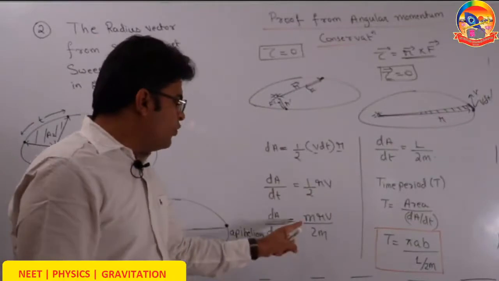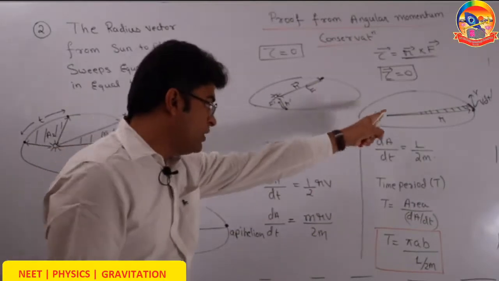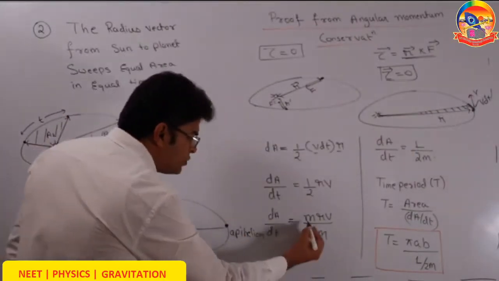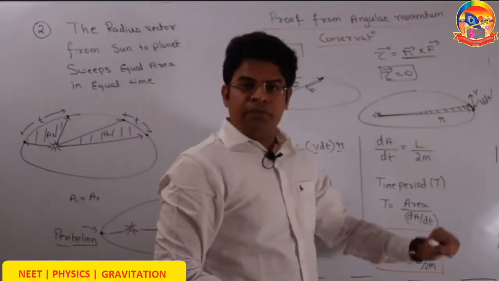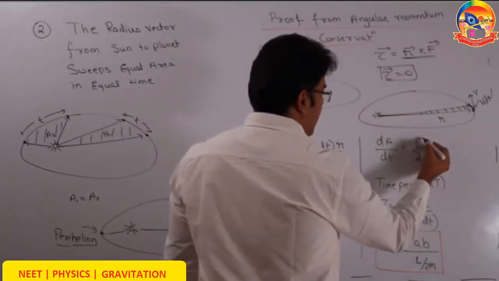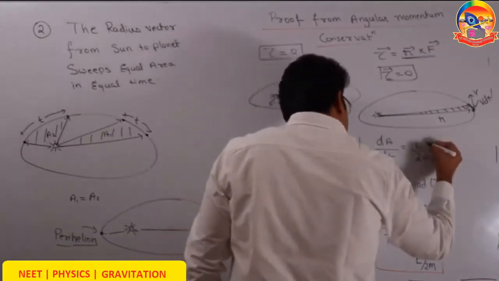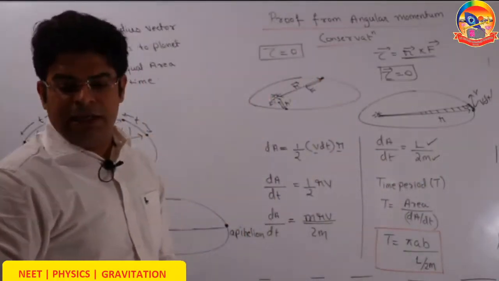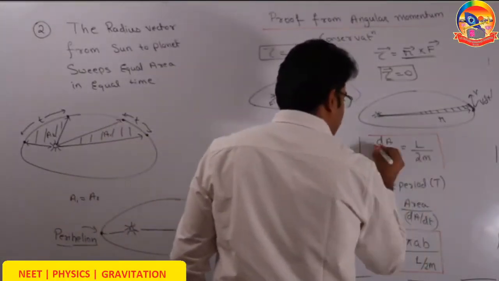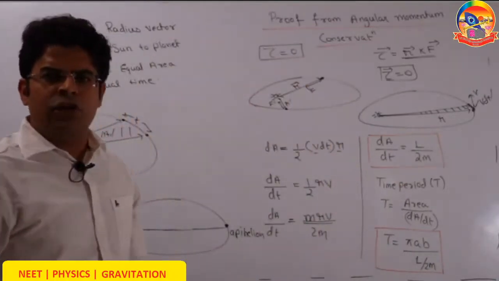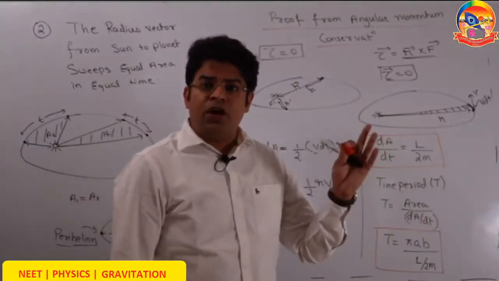On the right hand side, forcefully multiply and divide by the mass of the planet. Multiply and divide by the mass of the planet, not the sun, the mass of the planet. So you can see this quantity in the numerator, mrv, is nothing but the angular momentum of the planet. So you can say that dA by dt equals L by 2m. Now since the mass of the planet remains constant, the angular momentum of the planet about the sun remains constant. That's why we can say the rate of sweeping of area with respect to time is constant, and that rate is nothing but angular momentum divided by 2 times the mass of the planet. Using this, we can even now find out what will be the time period of a planet.